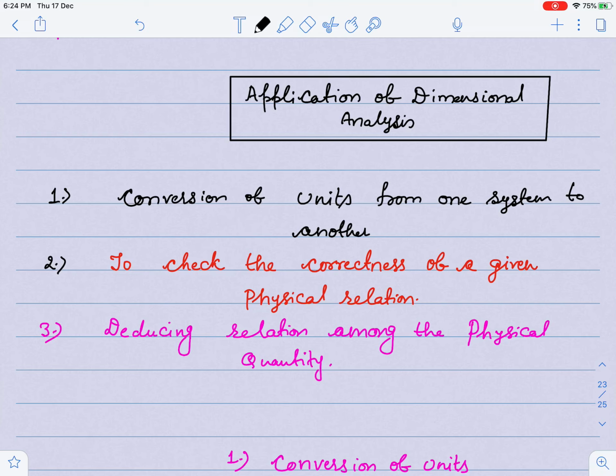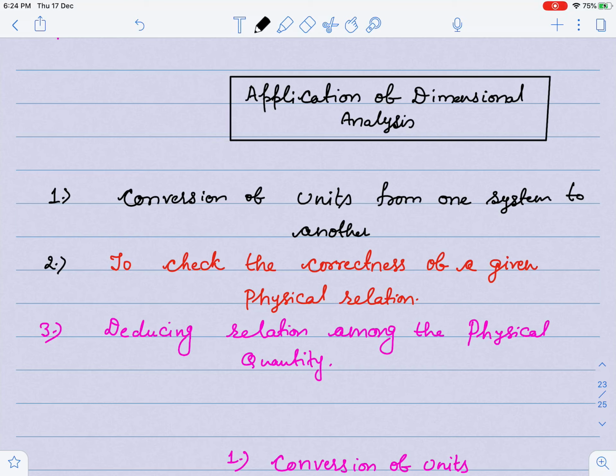Because guys, it has one of the most applications in physics, and you will come to know that by just checking units you can solve some questions, some from JEE Mains as well as NEET. So today we are going to discuss what we should do so that we can solve some questions with the help of units only. This topic is all about applications of dimensional analysis. What analysis we will do with the help of dimensions can be understood from this lecture.